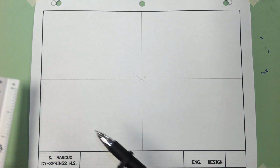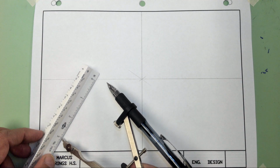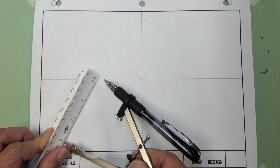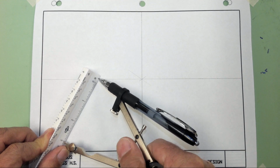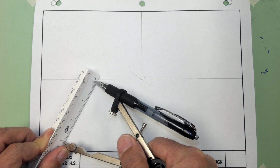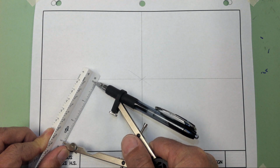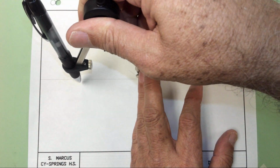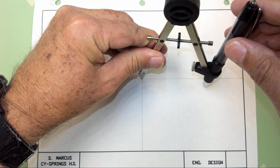Okay. For this drawing, we have to use the compass. For the major axis, we're going to measure 3, and that's going to give us a total of 6 inches in the major axis of the ellipse. Remember to tighten the compass to the dimension that you want, so the compass doesn't open up on you. So you're going to go 3 to the left and 3 to the right,